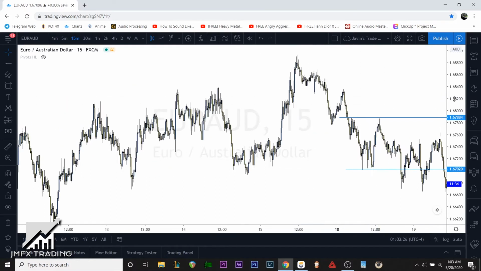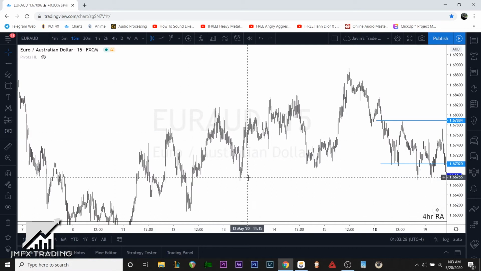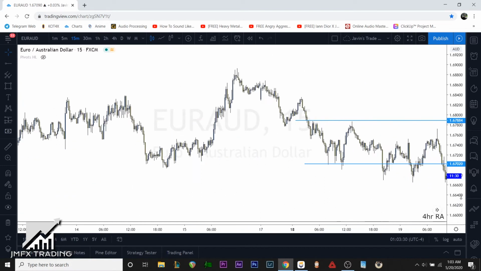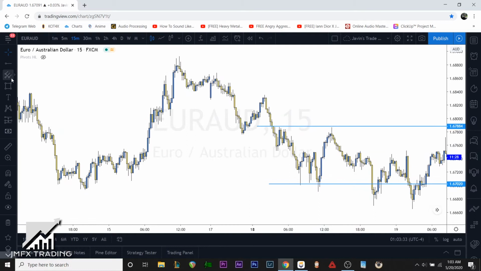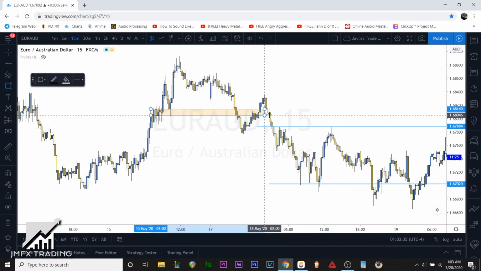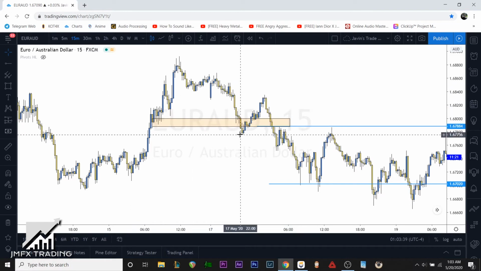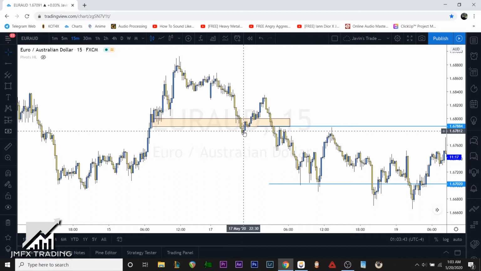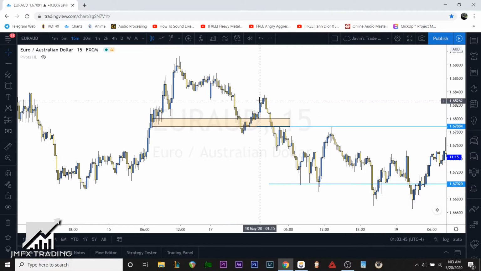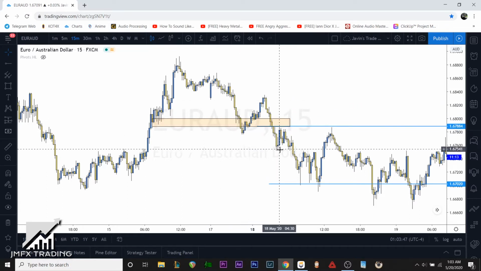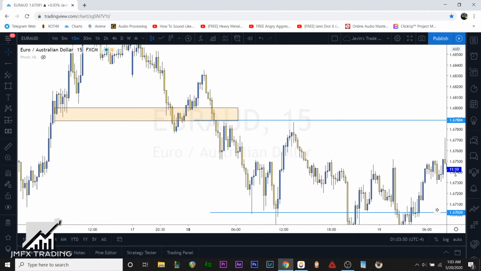So if we go into the past, we can see that we were in a pretty strong uptrend, and once I was at the charts, I did notice that price structure changed right in this area right here. And we can see that price did dip below this area a little bit, but not enough to be considered a break. So we get one final retracement before price breaks beneath this, changing structure,